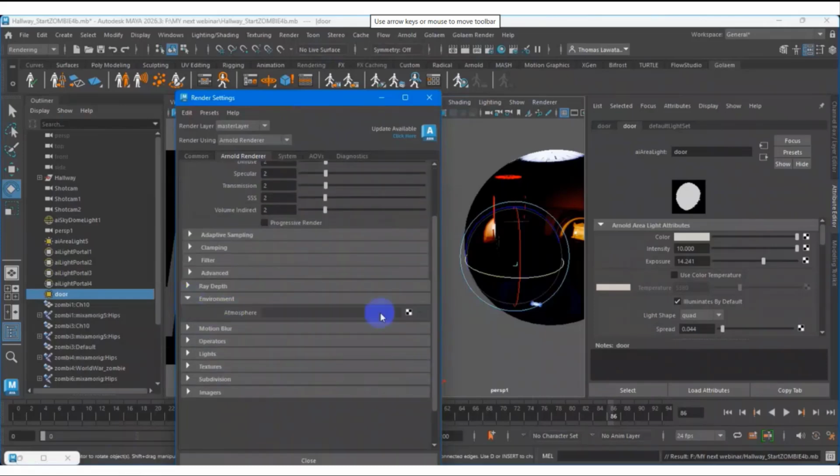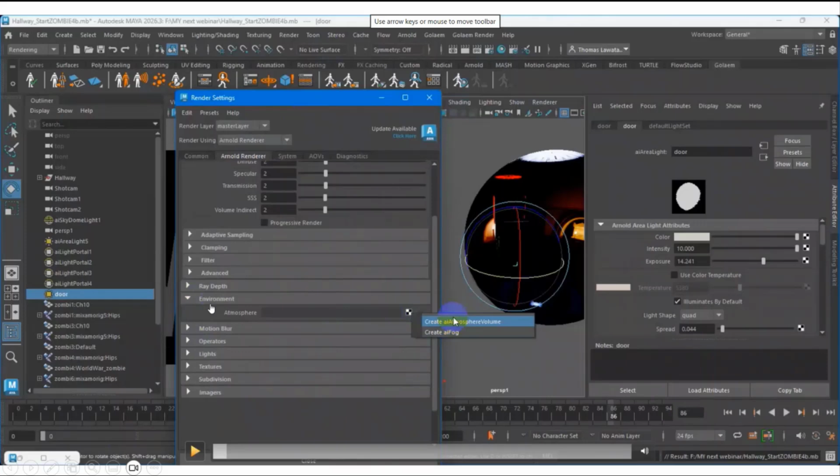Okay, in this step I want to do some atmosphere. So this is the environment, the atmosphere. I want to create the fog. There is an option, create atmosphere, volume, and the fog. I want to make it more general, as if the lighting in this room is a bit foggy.